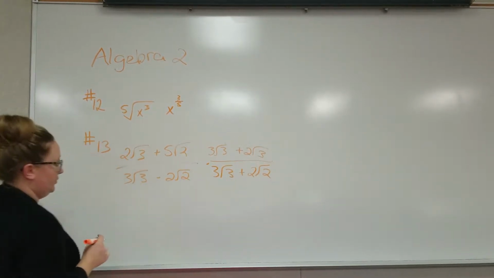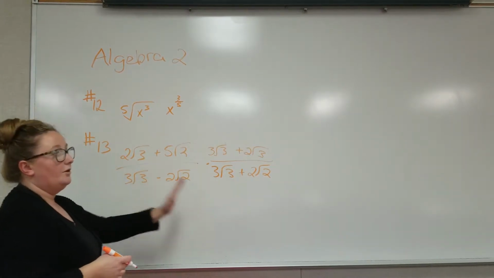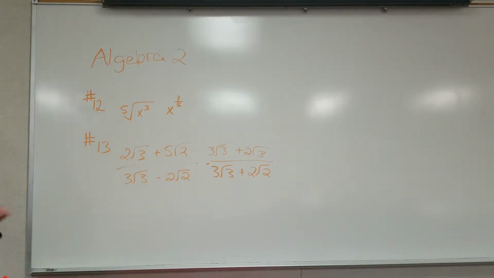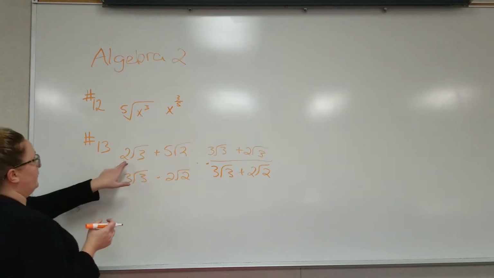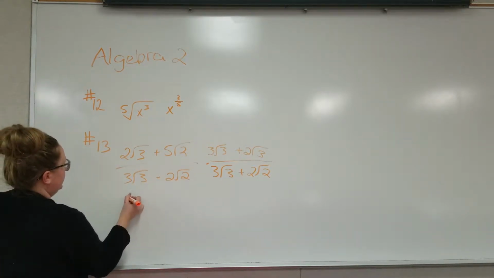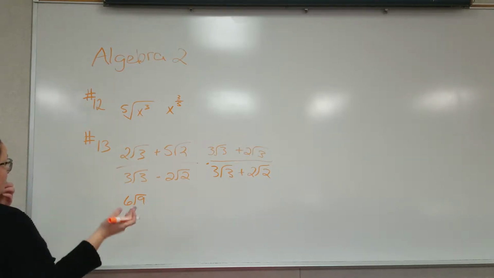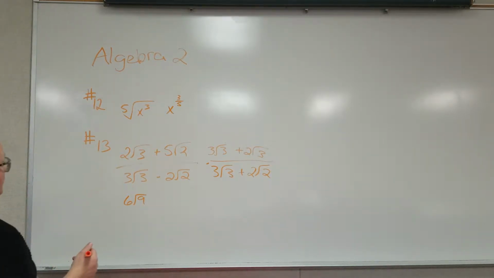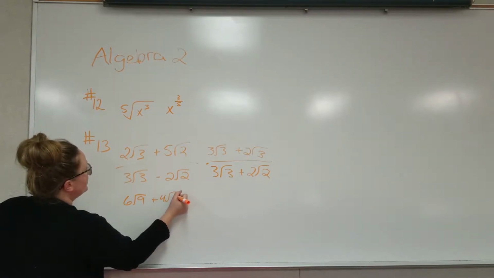All right, so we're going to do the FOIL method. You'll have to do, because this is a binomial, that's a binomial, the FOIL method on top and on bottom. All right, so on top, we're going to have, first off, 2 square roots of 3 times 3 square roots of 3. So that gives us 6 square roots of 9, right? 3 times 3 is 9. Outer, 2 square roots of 3 times 2 square roots of